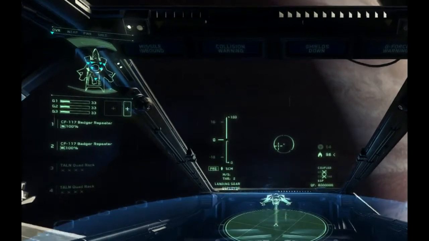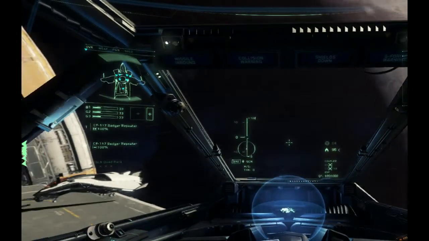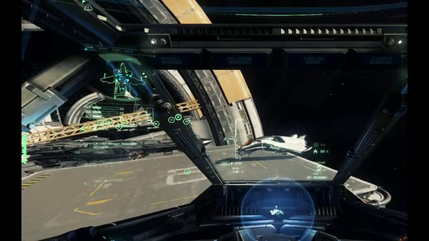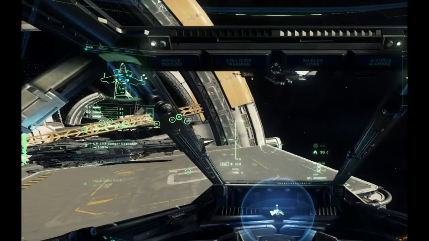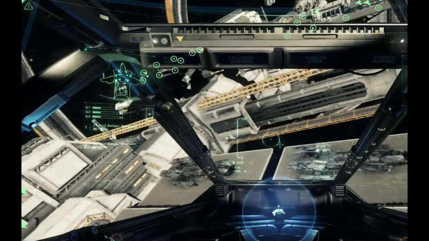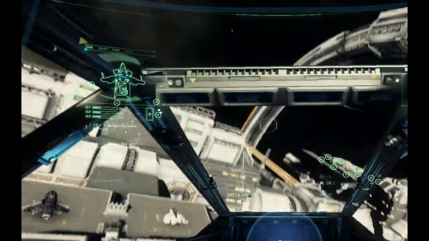Trying to remember the button. Okay. Landing gear raised. Autopilot disengaged. Oh gosh, the lag. I'm gonna do that too. So mine goes a bit faster. Okay, so here is